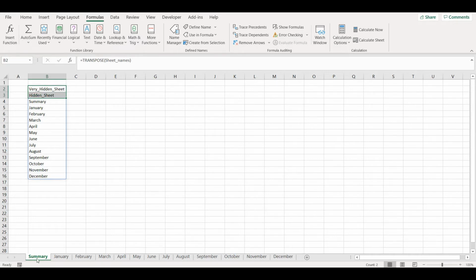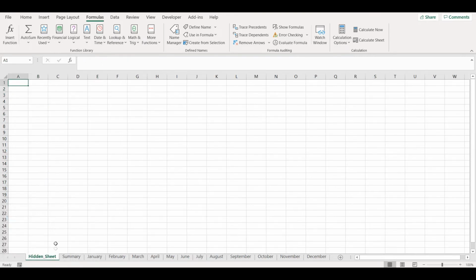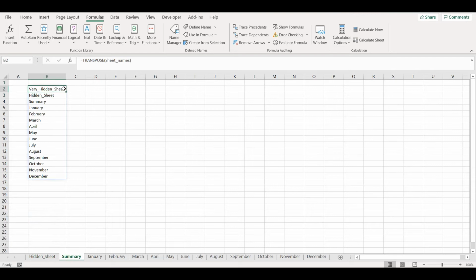So to unhide them, I will right click and unhide. There is one hidden sheet. So I still have here one sheet that I don't have here anymore, as everything is unhidden, so it's a very hidden sheet. So if I go to VBA,